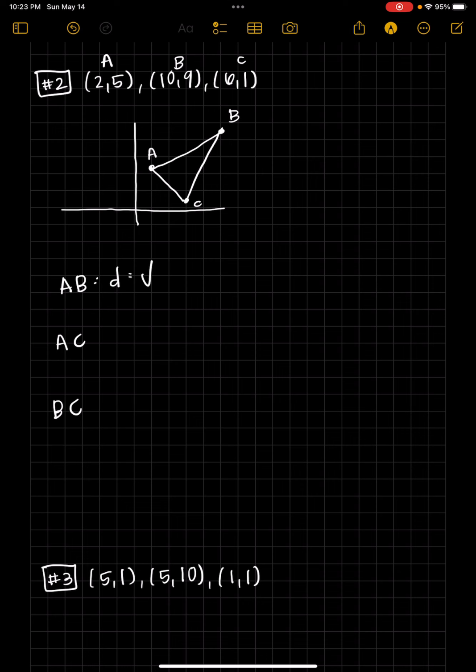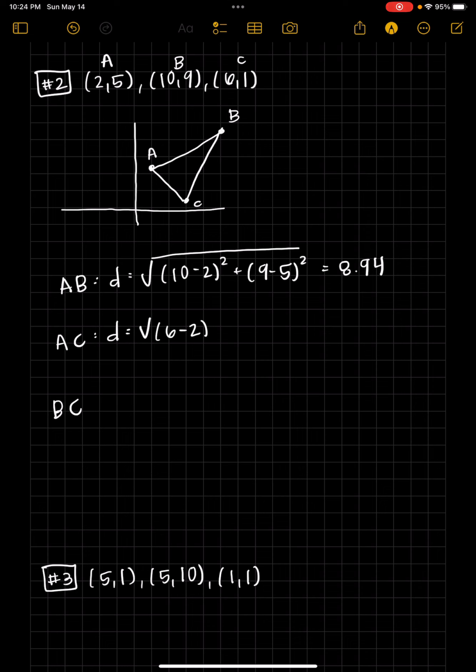I'm going to use B as my second point, so I'm going to have 10 minus 2 squared plus 9 minus 5 squared, which when I plug it into a calculator, I get approximately 8.94. Okay, now let's do AC. I'm going to use C as my second point. So we're going to have 6 minus 2 squared plus 1 minus 5 squared, which gives me